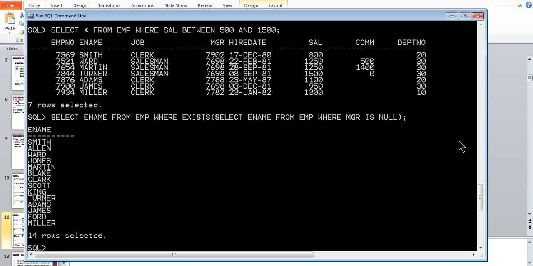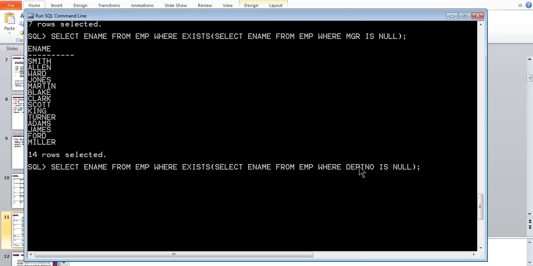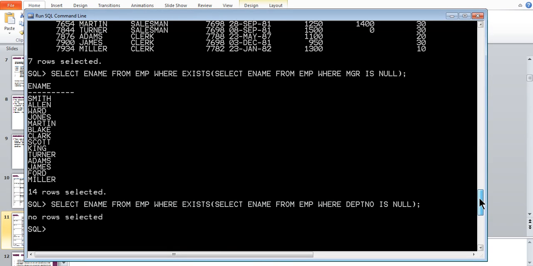If I write DPT number is null, I have just changed the attribute name here. You can see the result is no rows selected because the inner query, select ename from EMP where DPT number is null, will give you 0 rows because there is no such row where the DPT is null.